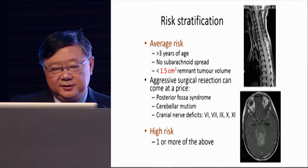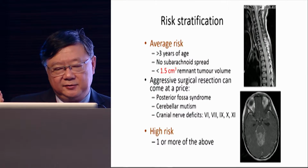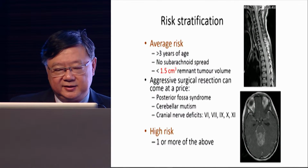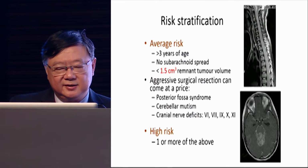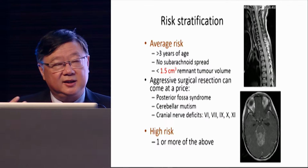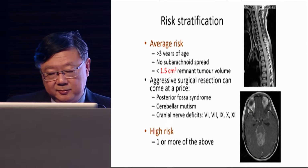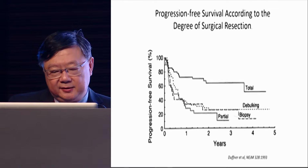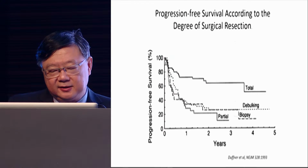And a patient is supposed to be stratified as high risk if it's one of these above, so either less than 3 years of age, or there's subarachnoid spread, like you can see in this case, or the surgeon has left a bigger chunk of tumor behind. Right? And it seems that also, and this is a reason, is that if you were to remove the tumor,